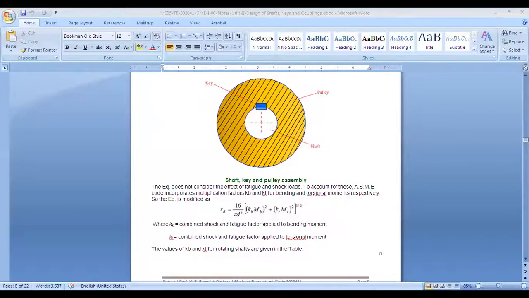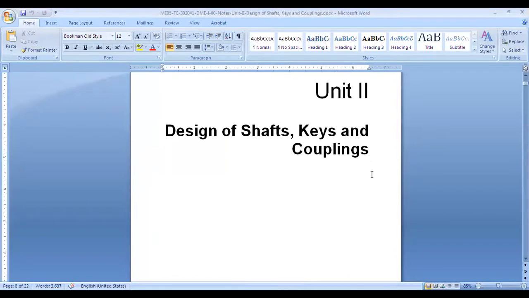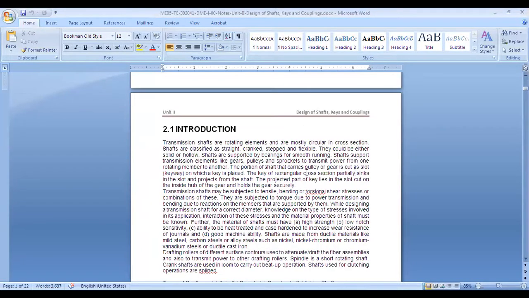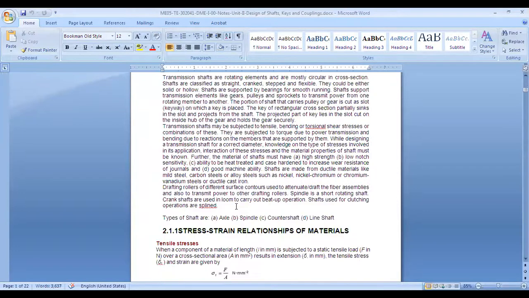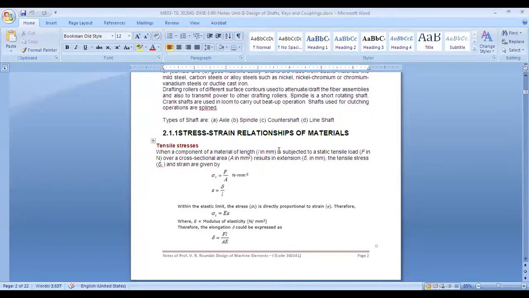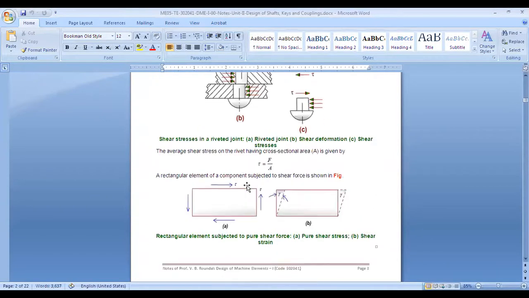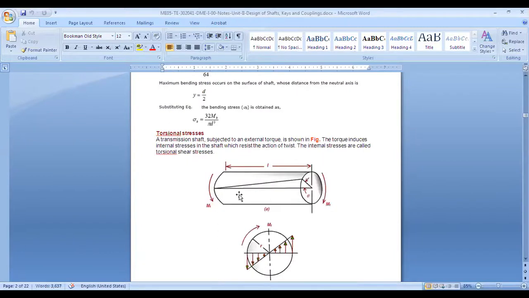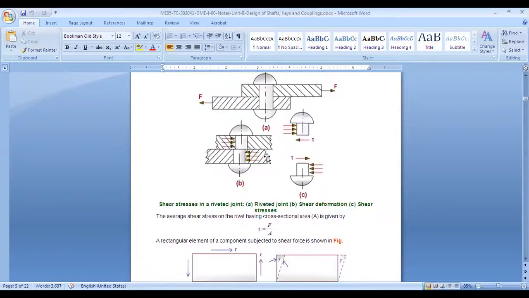So basically what we did in the last lecture, we started with the design of the shaft, right? For that we went through some basics on what a shaft is, what kinds of loads and stresses are in the shaft, and how to do the design of the shaft. First we went through the stresses in the shaft. As I mentioned, there are 3 stresses in the shaft: direct stress, stress because of the bending, and stress because of the torsion, right? Direct stress is basically load upon area.